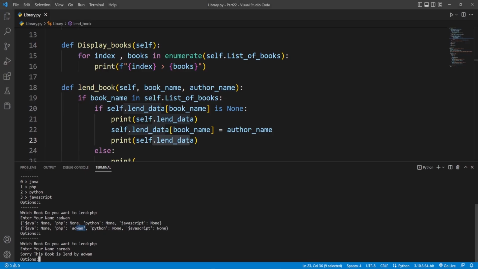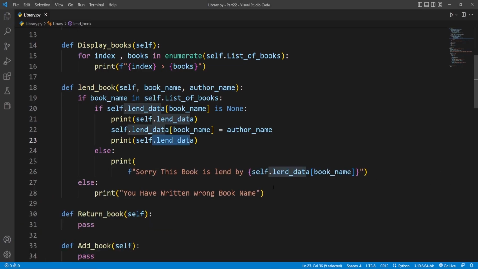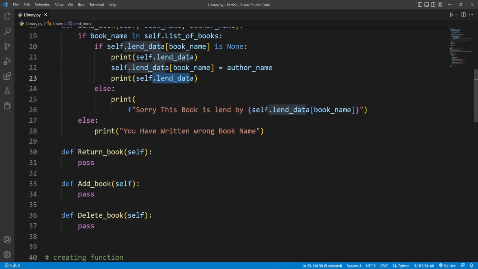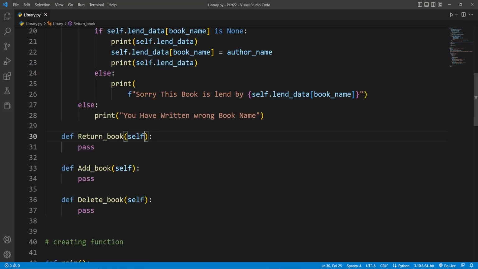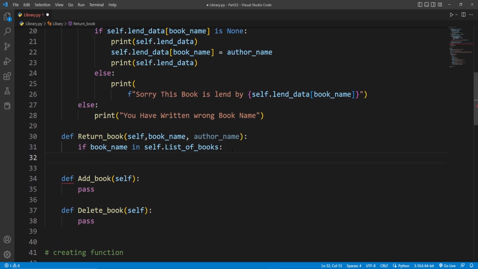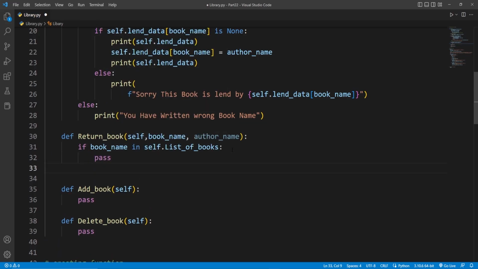Now, if add1 returns the PHP book to this library, then someone else can link the book. For that, again we need to make the PHP value none. So let's see how we can do it. So now, let's go back to the return book function. This function takes a total of 2 parameters, book name and author name. Then I'm going to remove pass, and here I'm going to use an if condition. If book name in self.list of books, then inside the if condition, for now I'm going to type pass. And in our else part,